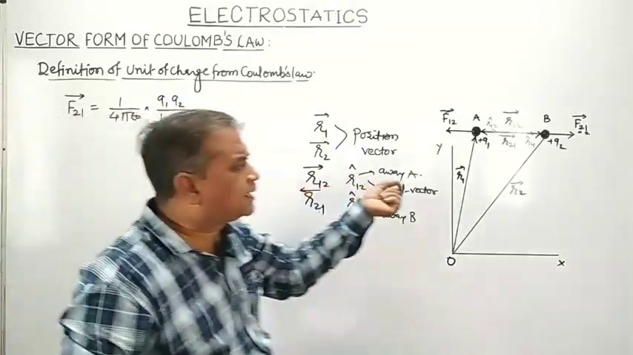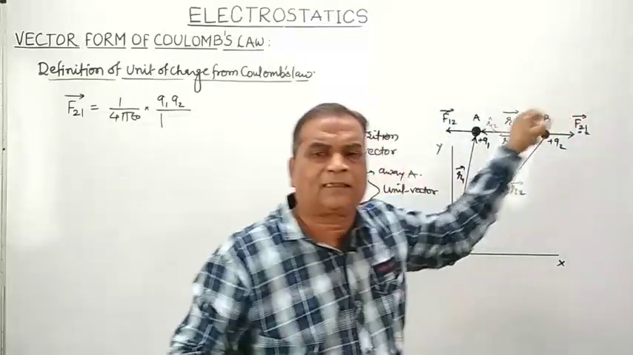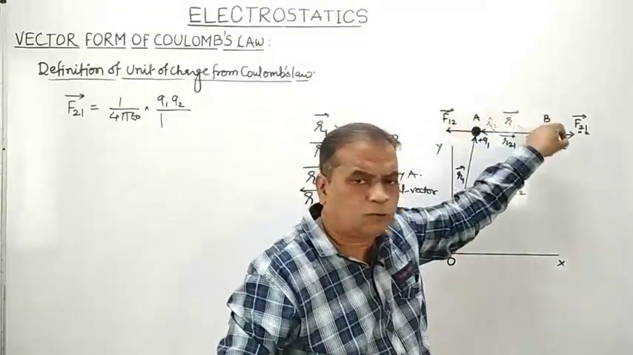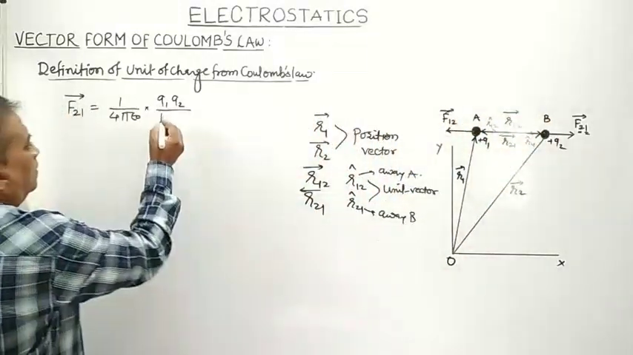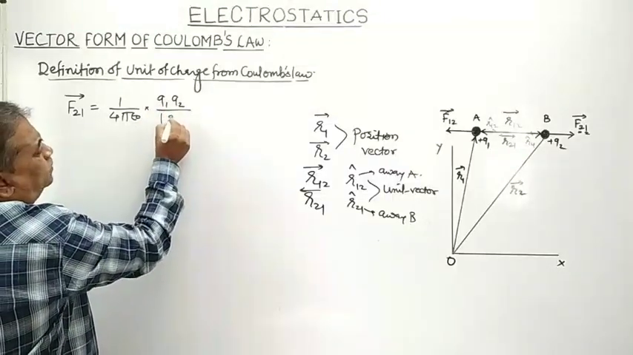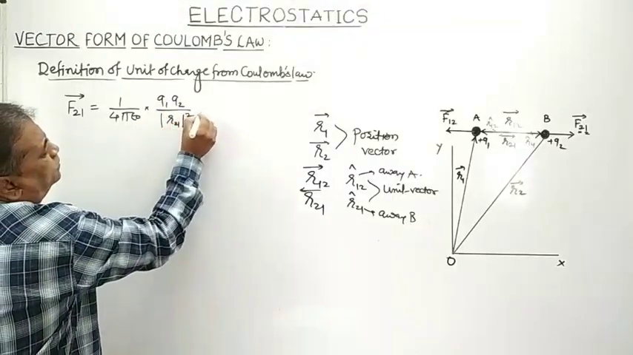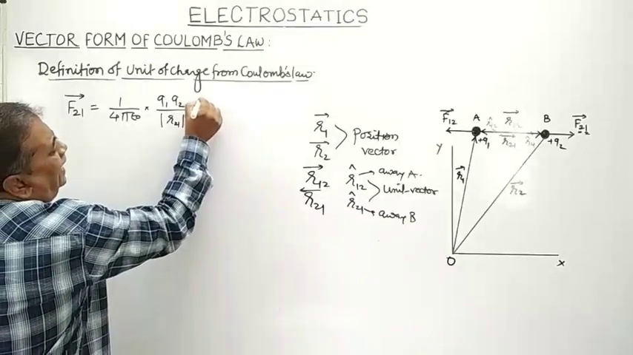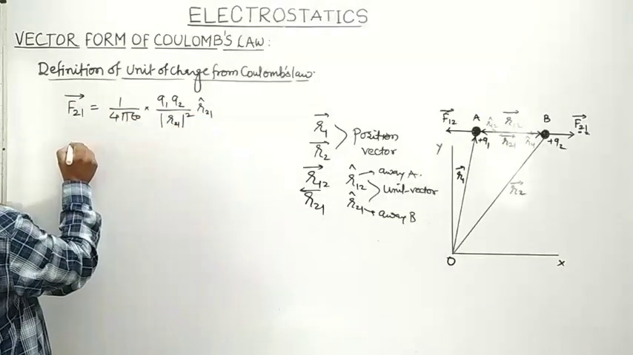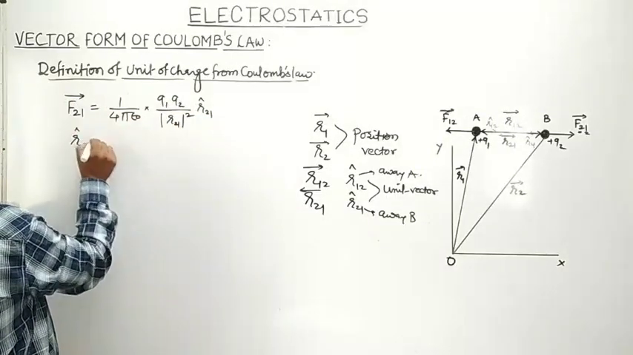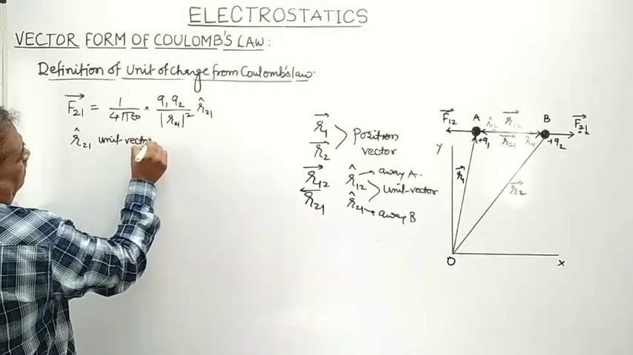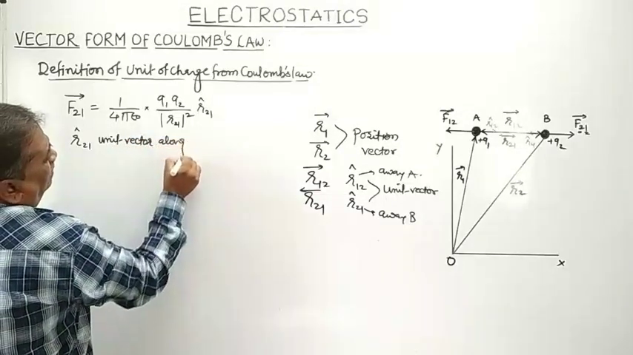F21 is the force exerted on the second charge by the first charge, the force exerted on Q2 by Q1. It is 1 upon 4 pi epsilon 0 Q1 Q2 divided by R21 whole square into R21 cap. Where, what is this R21 cap? R21 cap is a unit vector along arrow AB